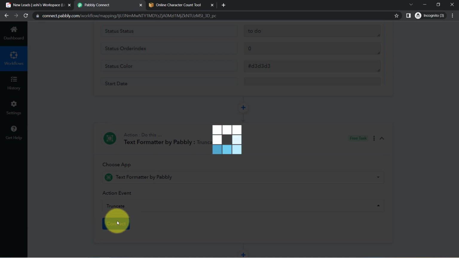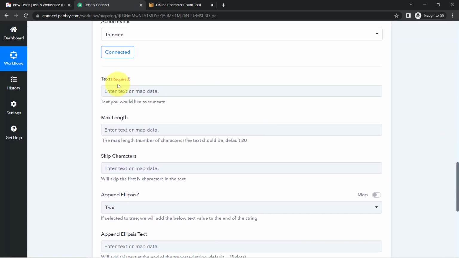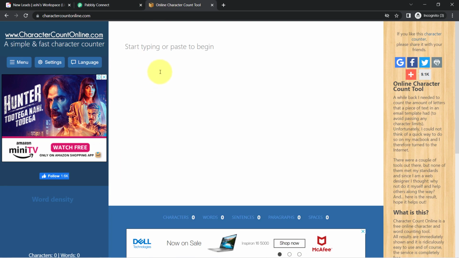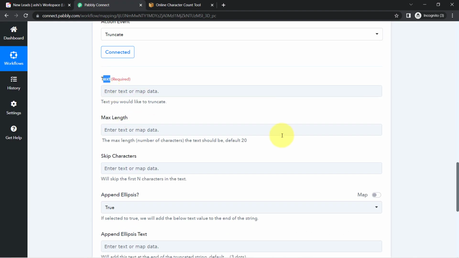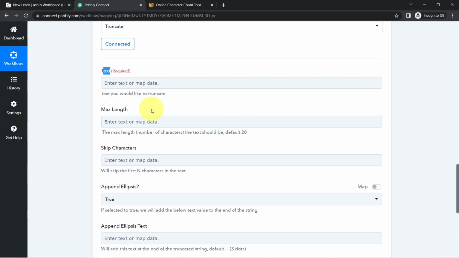Okay, so simply click on connect and it will be connected immediately, and firstly it will ask you to provide the text which you would like to truncate. Okay, so I would like to truncate my description. And I am not going to manually copy this text and paste it here. I'm going to map it, and mapping is very